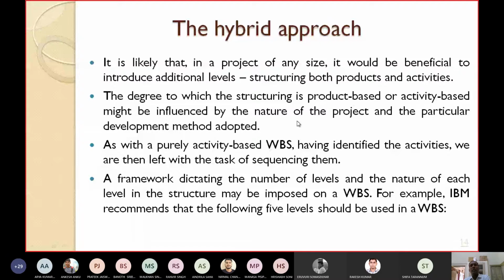Whether you go for the product-based or the activity-based approach will be driven by the development method you are using, like a classical waterfall model or an SSADM methodology or a USDP methodology. Depending on that, the degree to which the structuring is product-based or activity-based will be decided.